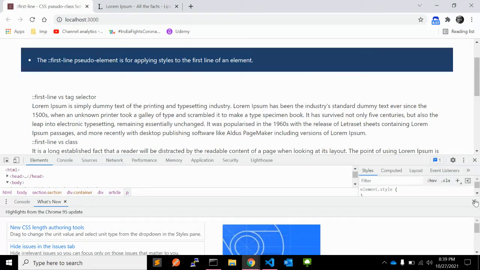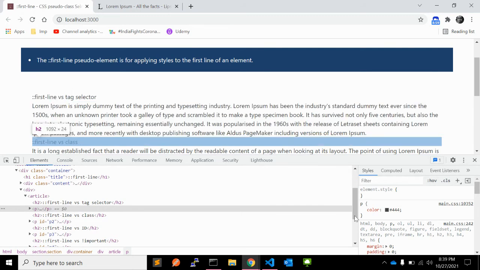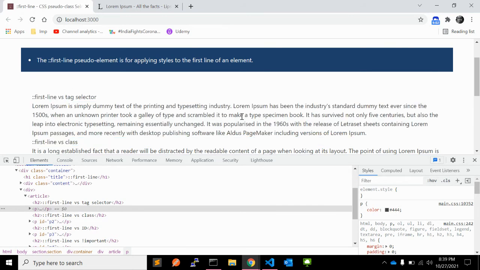Let's see what the paragraph is saying. The paragraph is 444. So that's fine.